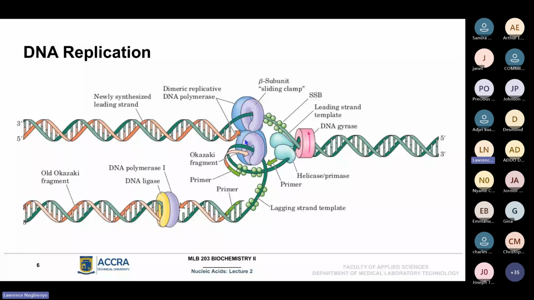Dimeric because it is made up of two subunits. The process in which it is involved is replication, and so it's a replicative. And the specific thing it's doing is to bring nucleotides together in a